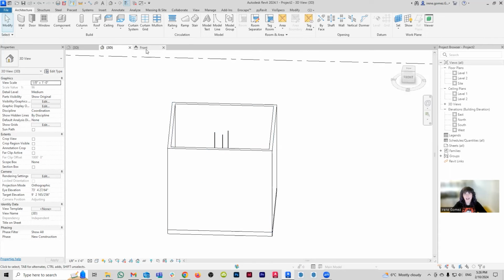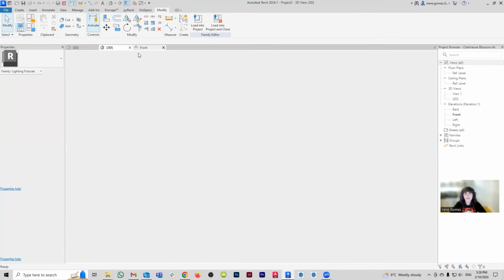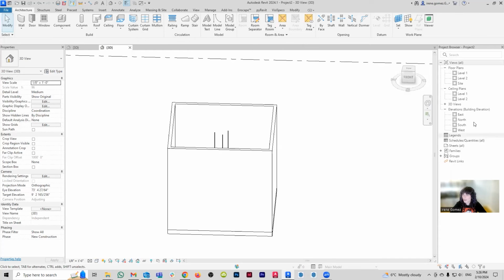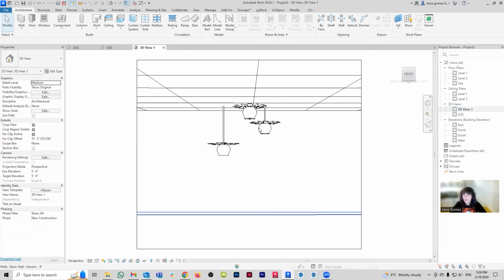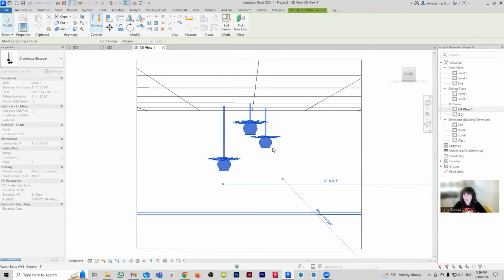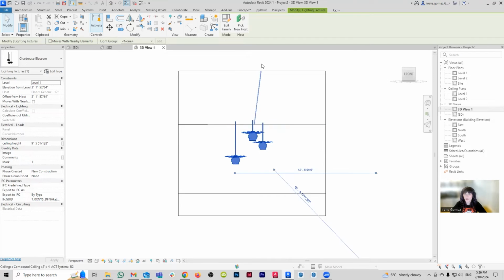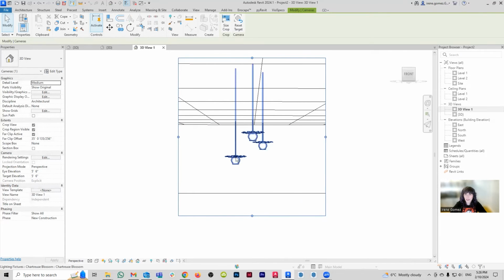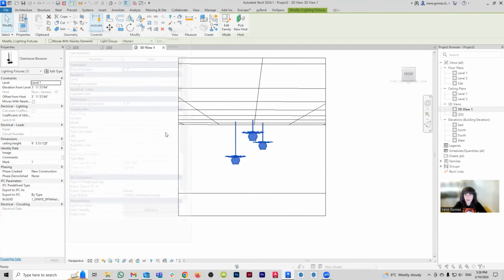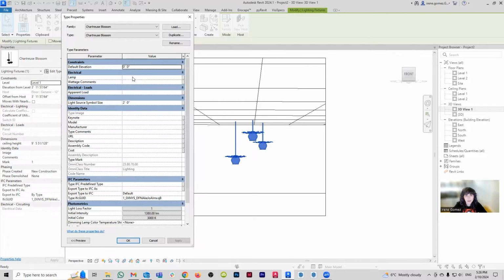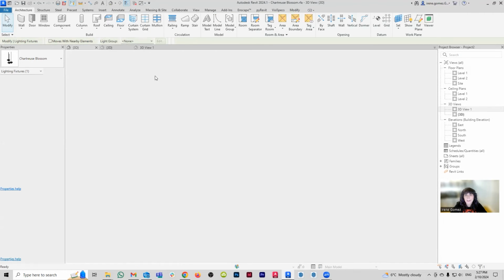Oh no, it just went back. If I go to that's the front view. If I go back to my camera view, I think I have it here. There's my lighting fixture. And again, I can just like move it down, whatever I want. What I do care about is the fact that I can grab those rods and I should be able to adjust like their height. So see like how they go really, really far. So I should be able to come here and adjust that final height. So let's say, where is that parameter? Oh, I didn't. No, I did do a parameter. Where is my ceiling height? I cannot see it here. Did I not create that parameter?